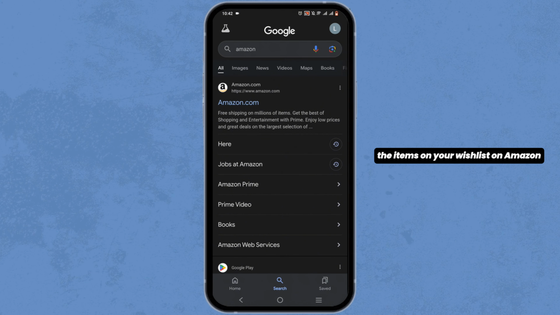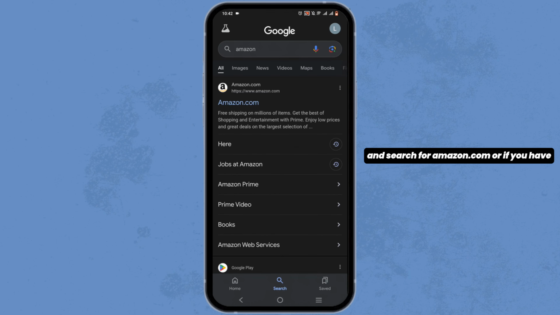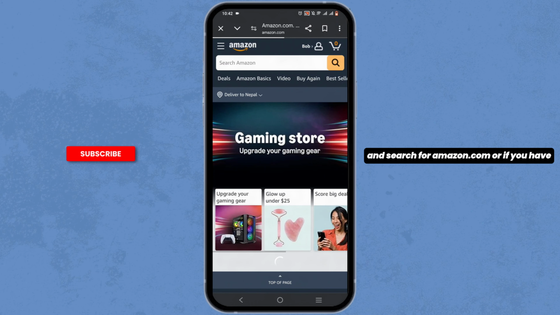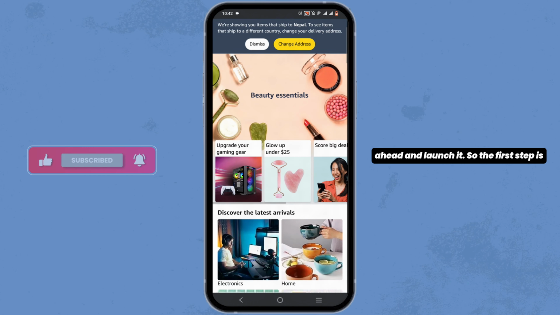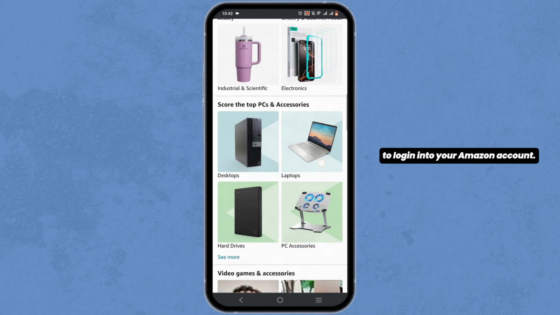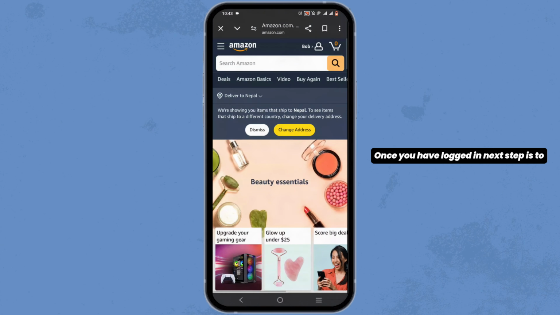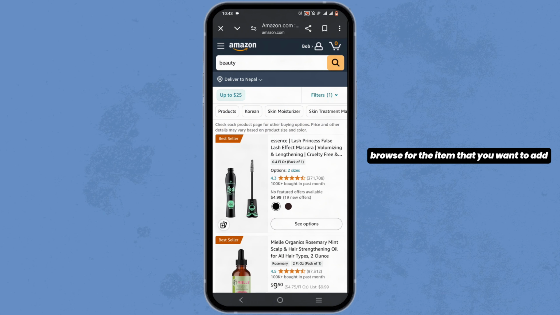To add items to your wish list on Amazon, firstly launch your preferred browser and search for amazon.com, or if you have got yourself the Amazon shopping app, go ahead and launch it. So the first step is to log into your Amazon account. Once you have logged in, the next step is to browse for the item that you want to add to the